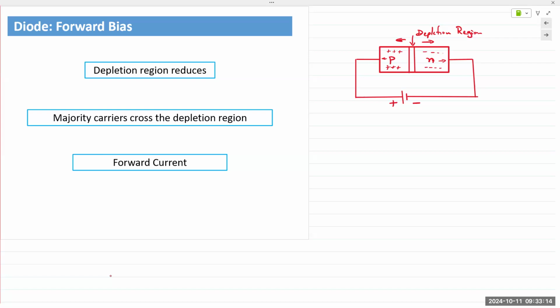So majority carriers will be holes in the p-type and electrons in the n-type. They need to have sufficient energy to overcome the depletion region width, and that energy is basically the turn on voltage. That is the minimum voltage required to turn on the diode. In device physics terms, that's the minimum voltage required to impart enough energy to the holes and electrons to cross over the junction. Once that energy threshold level is crossed, there's a free flow of holes and electrons going in opposite directions. And so you would have